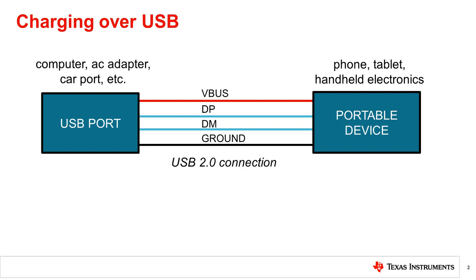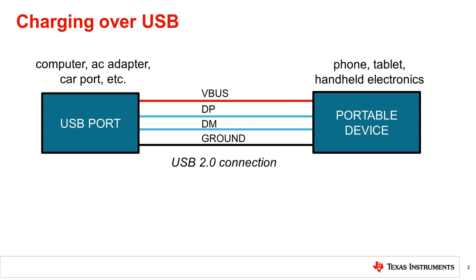Anyone that owns a phone or a tablet has likely used charging over USB. Since USB ports were common on almost all computers, they became the obvious choice for connecting devices to exchange data and charge batteries. Now, USB ports are also found on AC adapters and in cars, even integrated into electrical wall outlets. The USB BC 1.2 specification was developed as a way for the device to determine how much current it is allowed to draw from the USB port and ensure users have an acceptable charging experience.